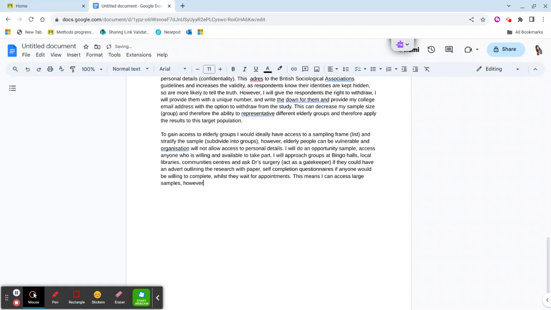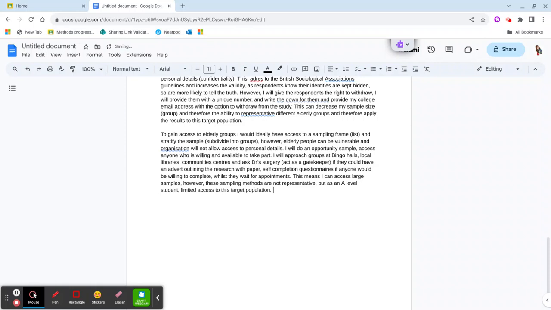However, the sampling methods are not representative. But as an A-level student, I have limited access to this target